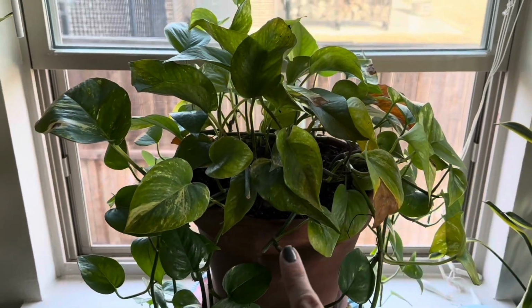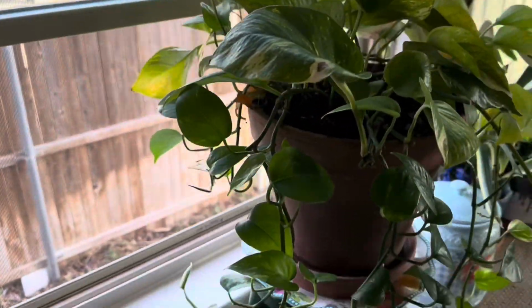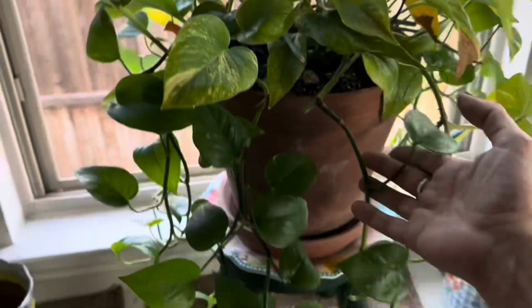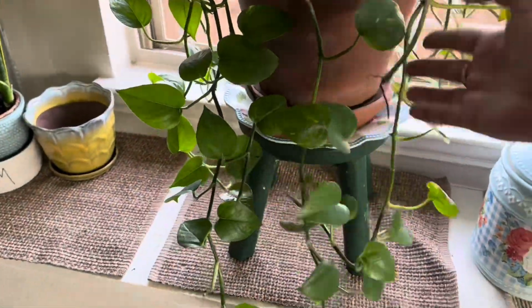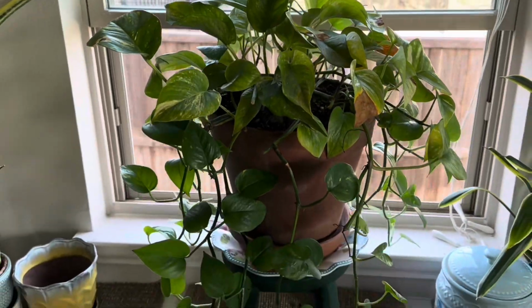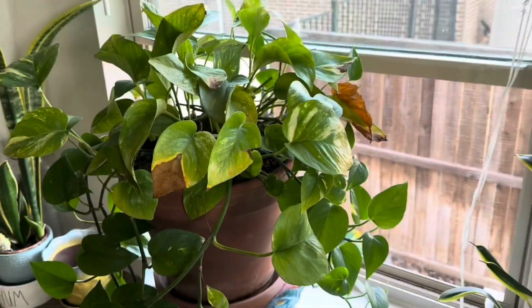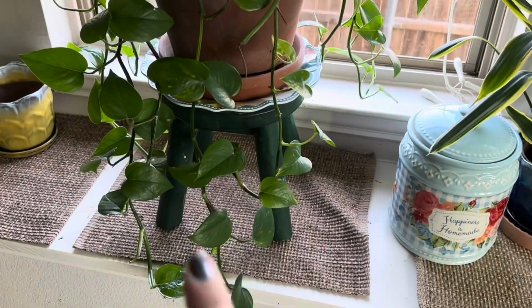I'm going to start here with this pothos that I recently repotted. I picked it up and it was incredibly root bound and it wasn't able to keep water very well, so I had to take it upon me to do some repotting. I did lose a little bit of leaves. It used to be a lot bushier, but it is coming back. This has been rebounding and I just have it here up on a perch so that its tendrils can fall